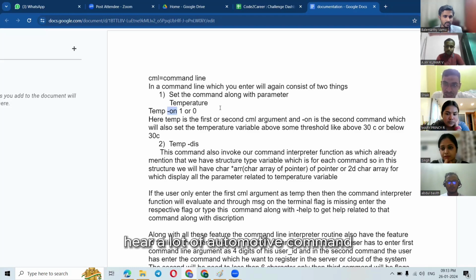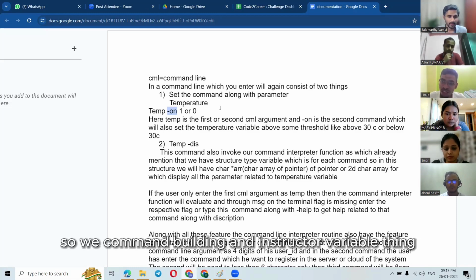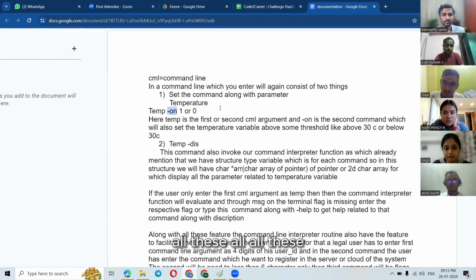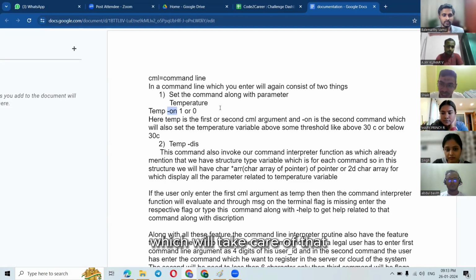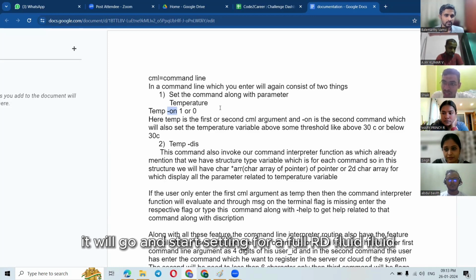Here, whatever the command, we have different commands like pressure or temperature. So every command will be a structure variable type. All these commands will be of the same type of structure. We have put all these structures in a command interface function, which will take care of that. So whenever set is there, it will start setting for hyphen f or d for float, and like that.